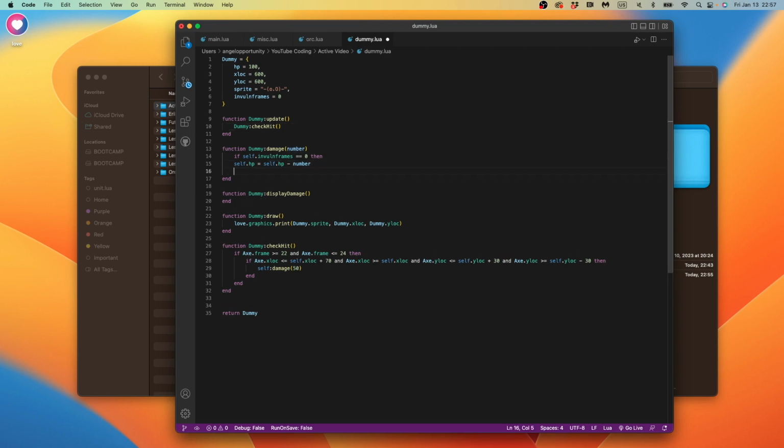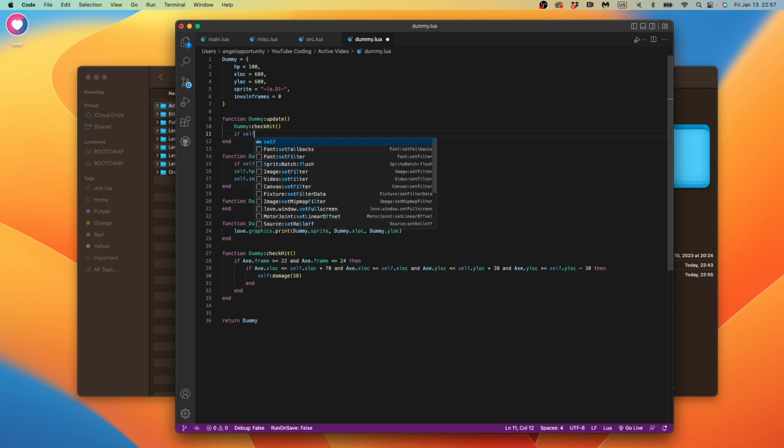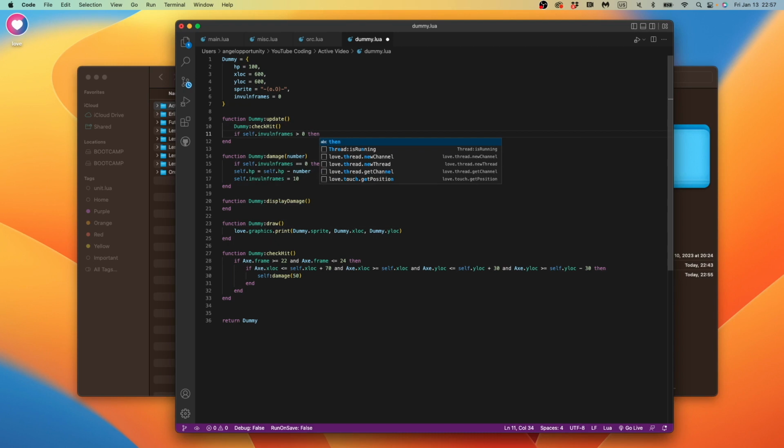We'll do it here. And then when he gets hit, we say self.invuln frames equals 20. It doesn't need to be that high. And then in update, we're going to say if self.invuln frames are greater than 0,